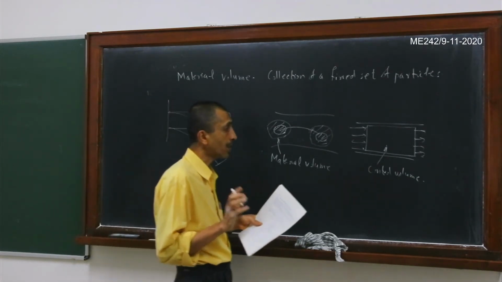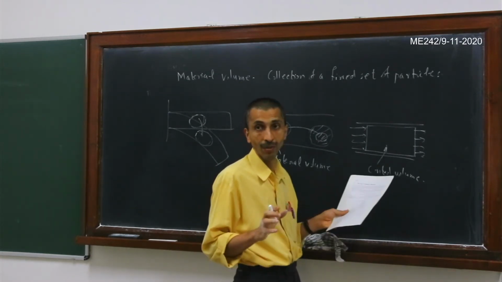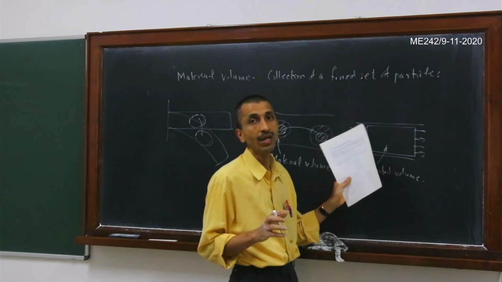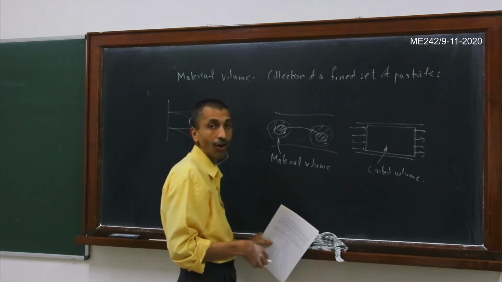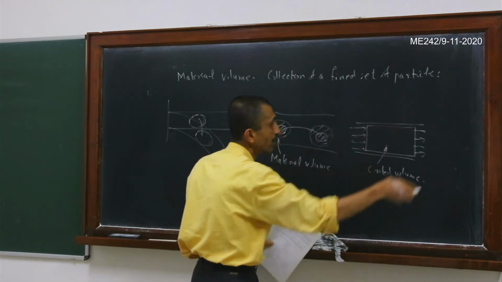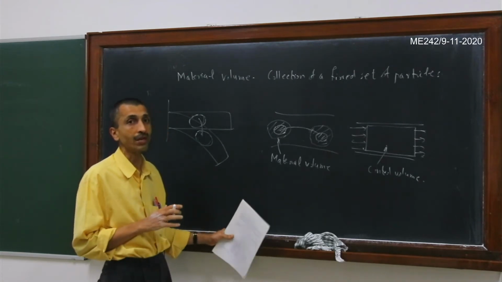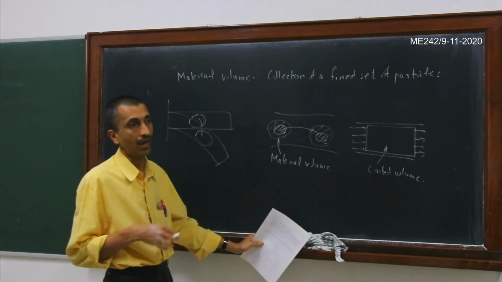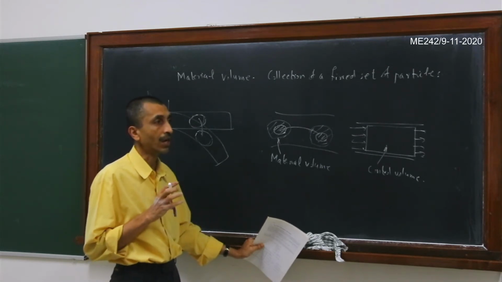So you cannot write a balance law, for example, let us take the balance of linear momentum. So the balance of linear momentum cannot be written directly for a control volume. Okay, so in some indirect way we can derive the balance of linear momentum form for a control volume by considering first the material volume, and then you sort of derive the control volume from that. So the fundamental starting point is always the material volume. This is what you have to always bear in mind, that all the balance laws, whether it be balance of mass, linear momentum or angular momentum, they all have to deal with the material volume.